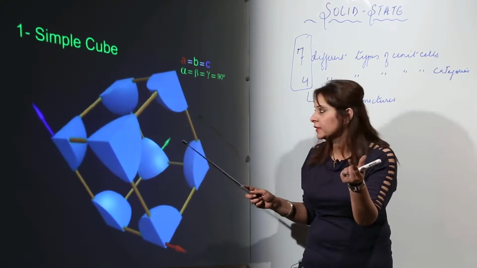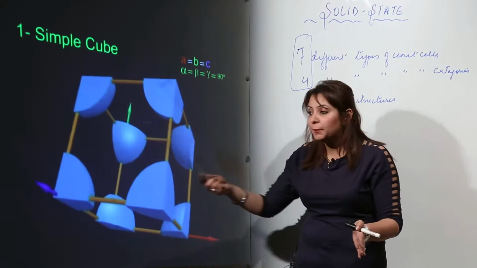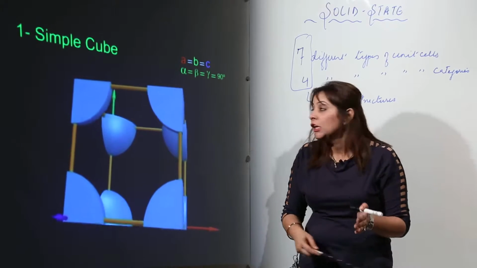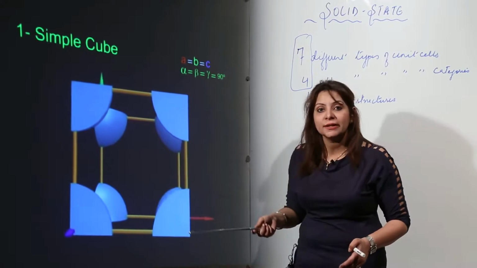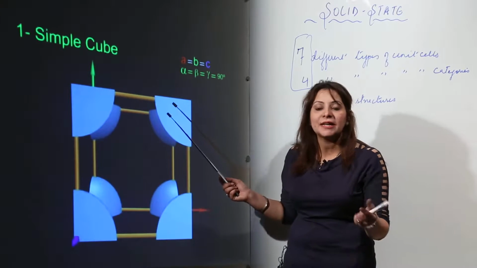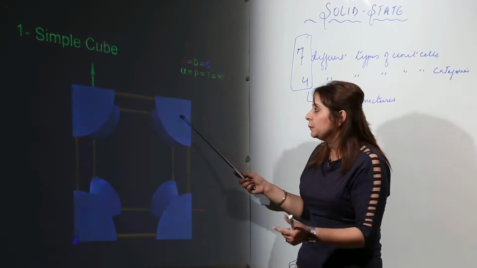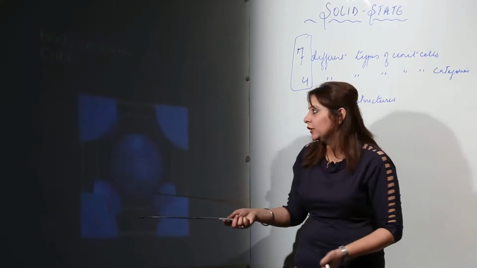They are only a part of an atom, because actually in unit cells, atoms are shared by another, the above, the below and one. So that is why they are contributing to different unit cells as well, right? That is why we have shown only a part of the particle. That means this much is a part of this, and the other one is a part of the other unit cell.